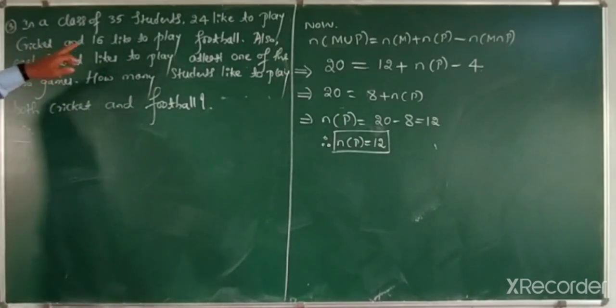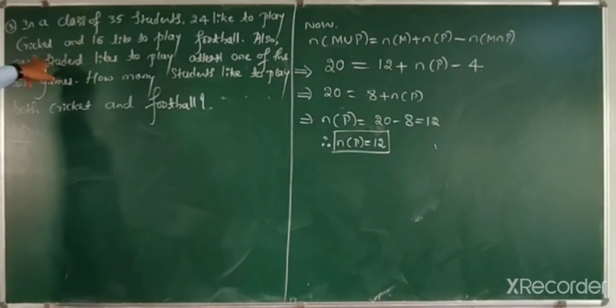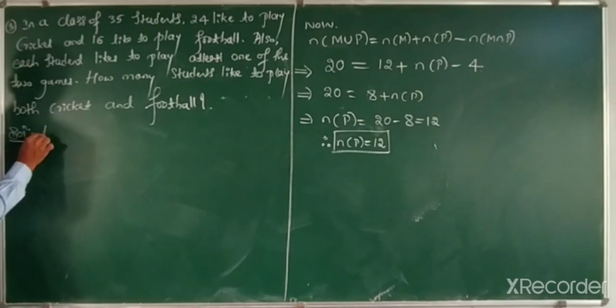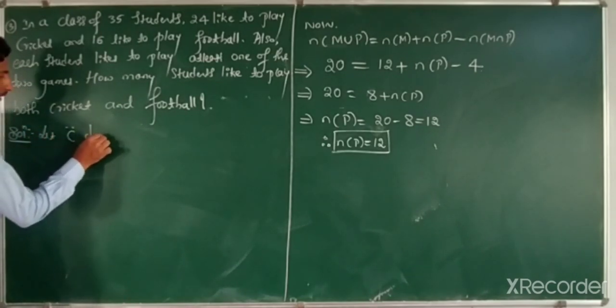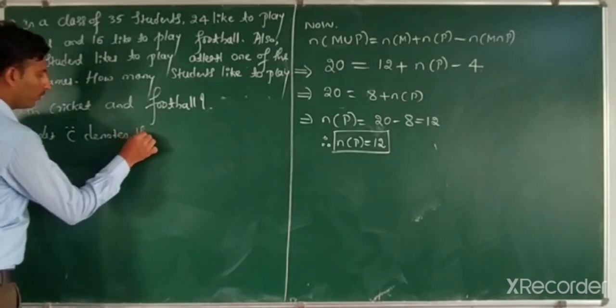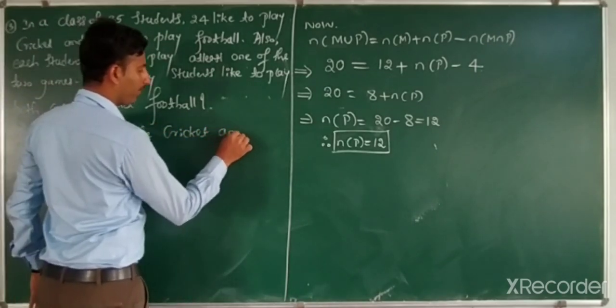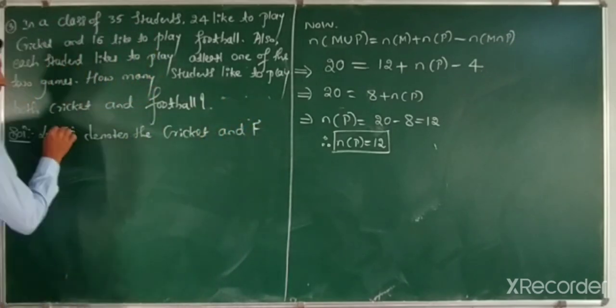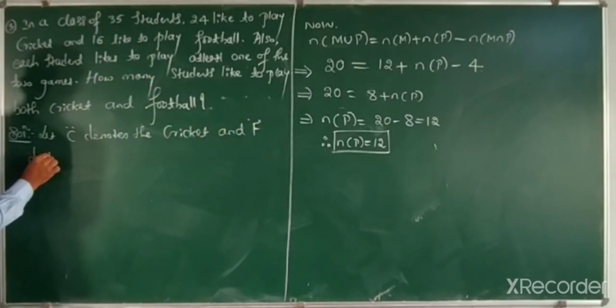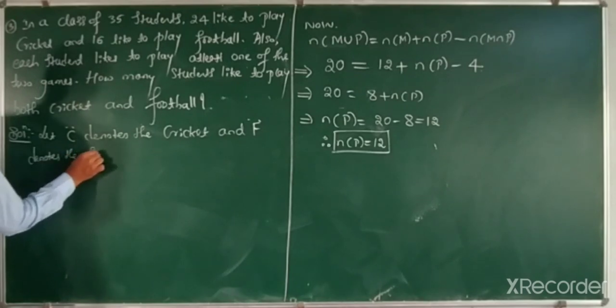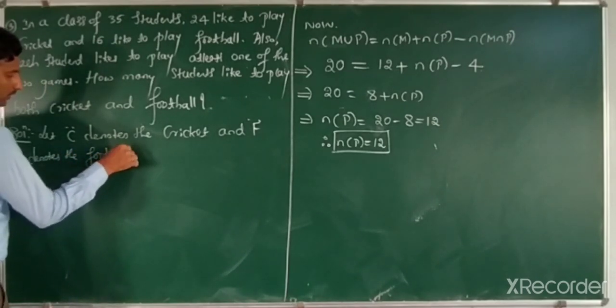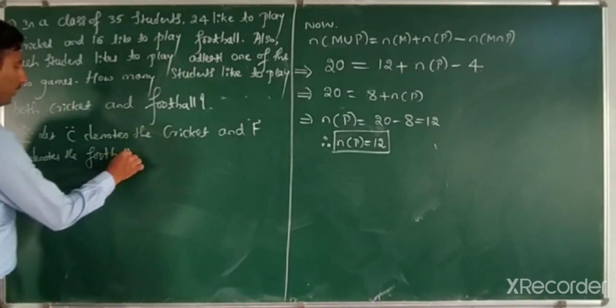Solution. In a class of 35 students, 24 like to play cricket, 16 like to play football. Also, each student likes to play at least one of the two games. How many students like to play both cricket and football? Let C denote cricket and F denote football. Now, given